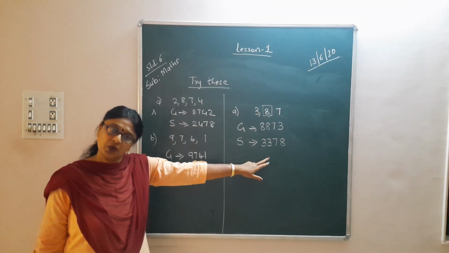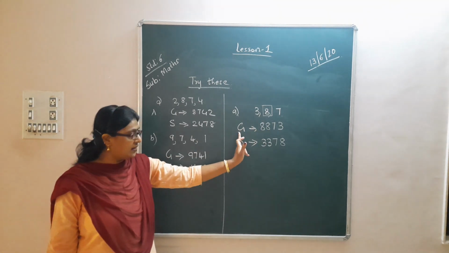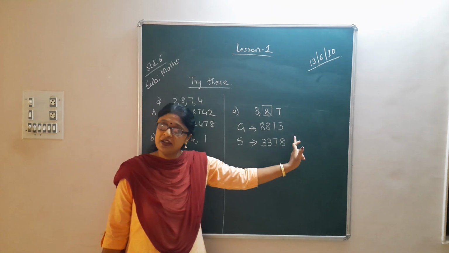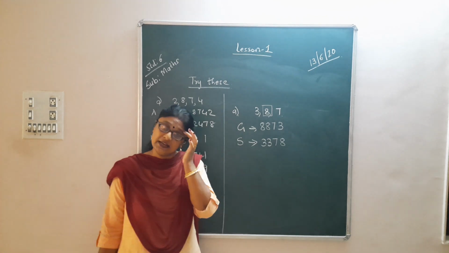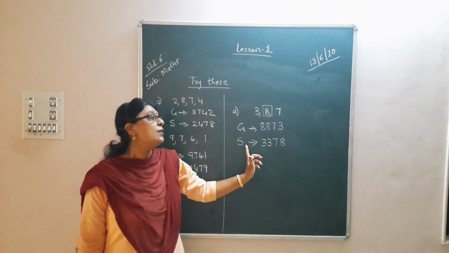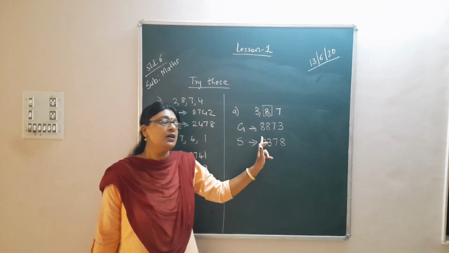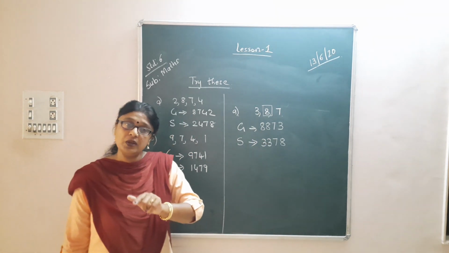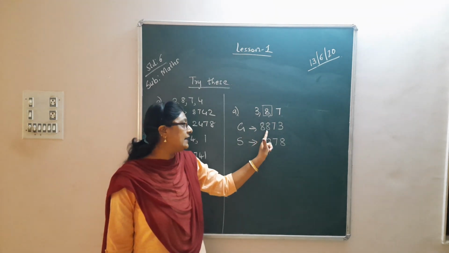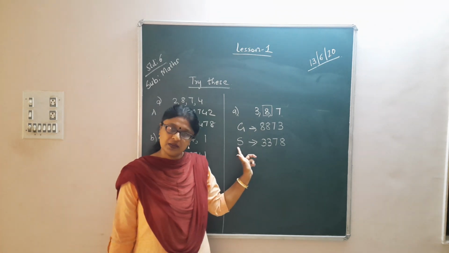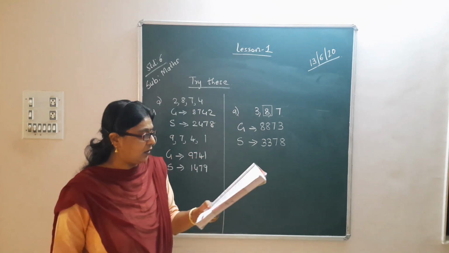The basic is going with this number, right? What is the basic? That for making the greatest, you have to arrange in descending order, and for making the smallest, you have to arrange in ascending order. The basic is going along with it, but from a 3-digit number, how can you make a 4-digit number? You have to repeat one number. Which number will you repeat? You have to keep in mind that for the greatest, you repeat the greatest digit, and for the smallest number, you repeat the smallest digit. Understood? Let us see the second one.